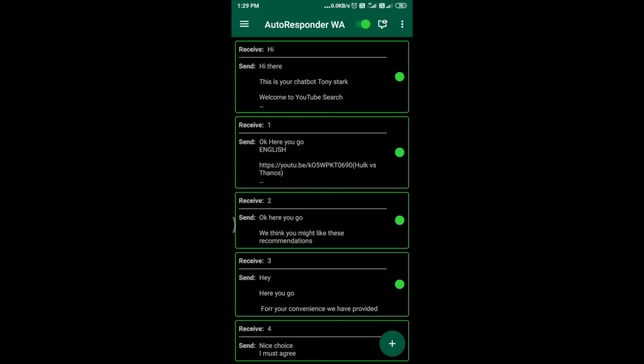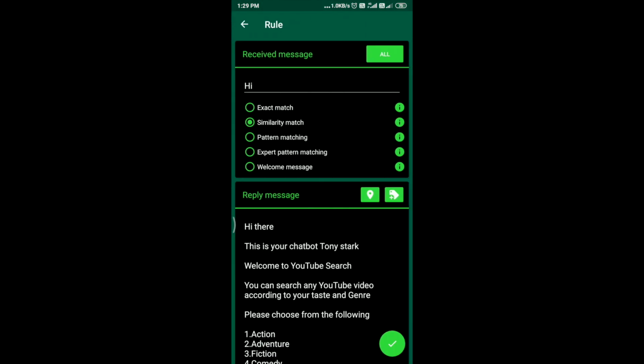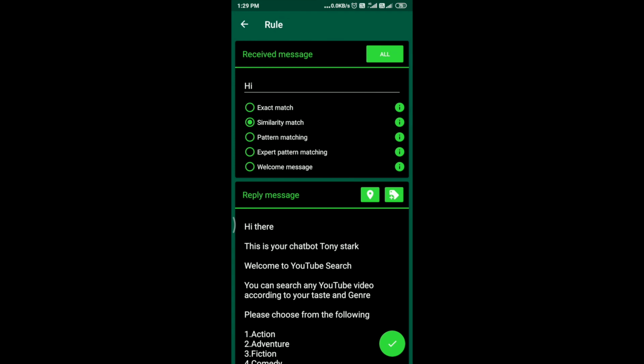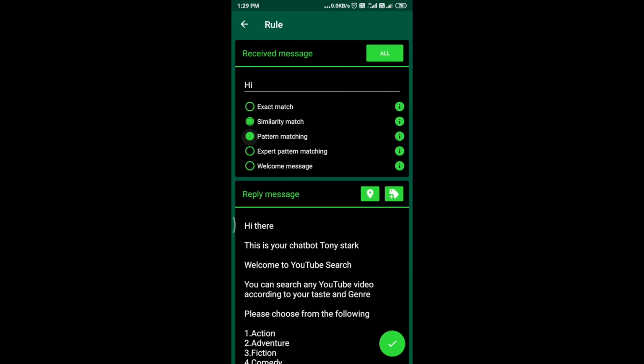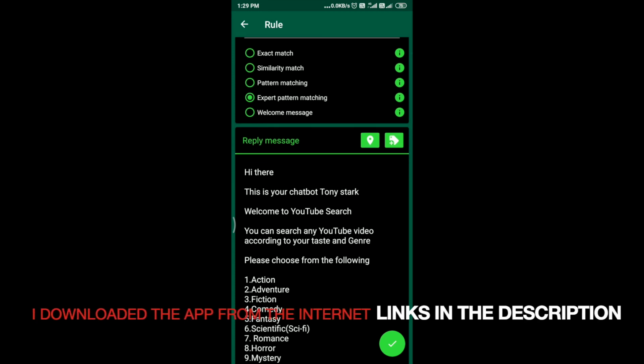Let's raise the curtain, and I'm going to tell you how this chatbot is actually working. I have already set messages, and their answers are already programmed here. So when I say hi, it is going to send me a message of hi. But it also has intelligent expert matching processes. If I have written something similar to it, it's going to do it for me.